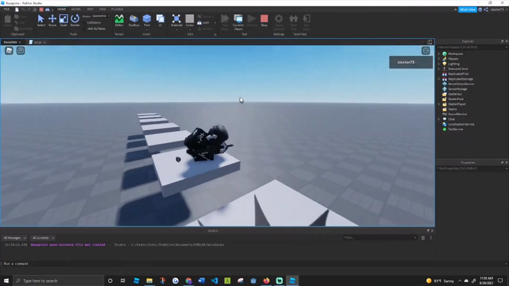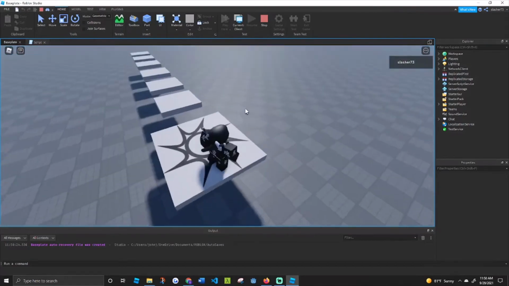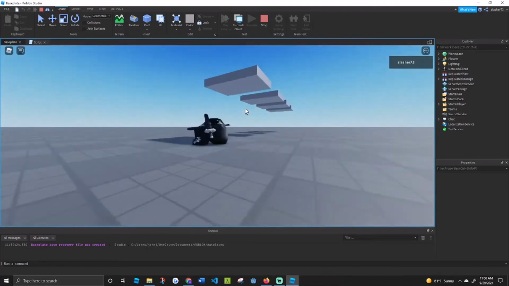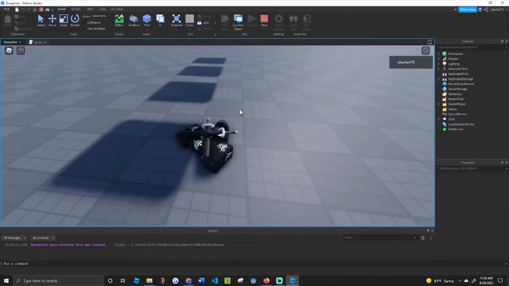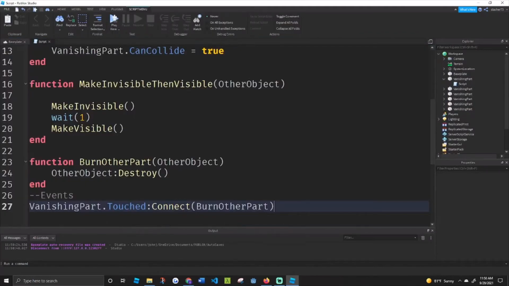If I step on this part, oh, all of my parts got deleted. Okay, because my leg stepped on there and then the rest of my body. All right, so that's pretty cool. So now we might want to do other things with the other part. Maybe I want to